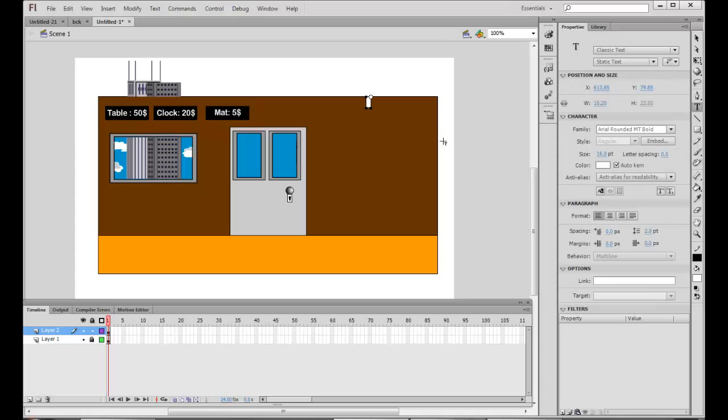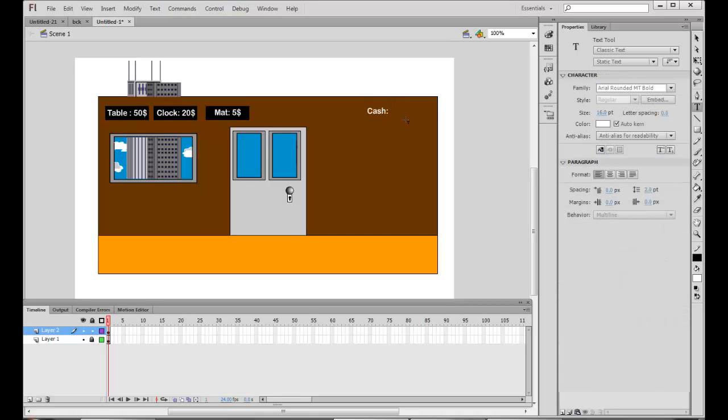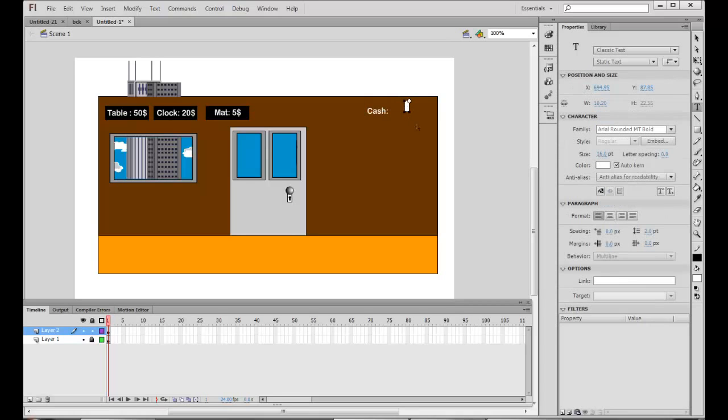So I'll just write cash. This is again going to be a static text because this value is not going to change, and I will create a dynamic field for text. So this I will change to dynamic. This will basically tell me the cash in hand that I have according to the cash available with me.